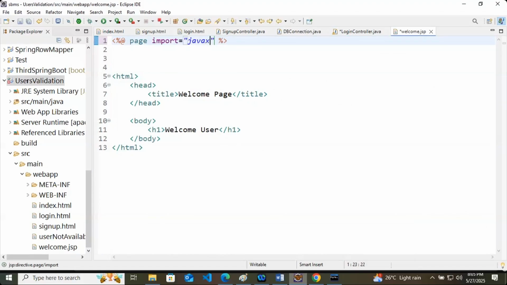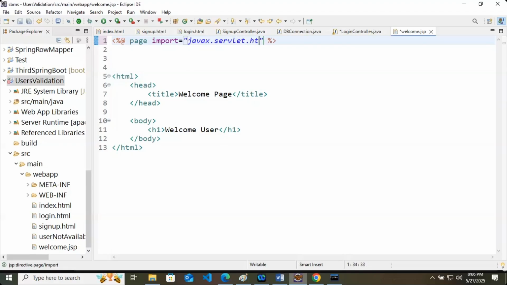There is a javax version problem, because the web module version is 3.0. 3.0 supports javax, not Jakarta. So the javax.servlet package.